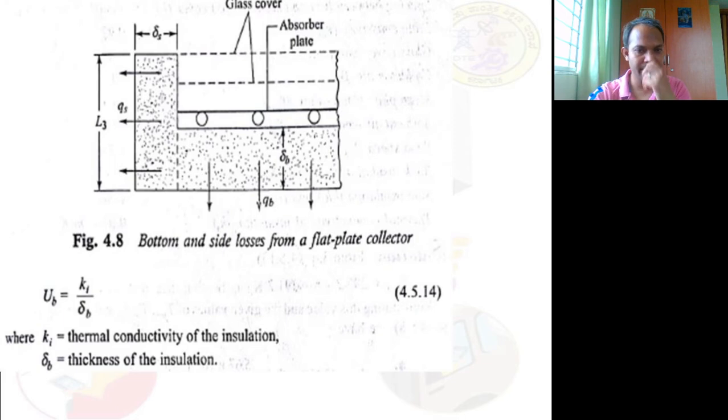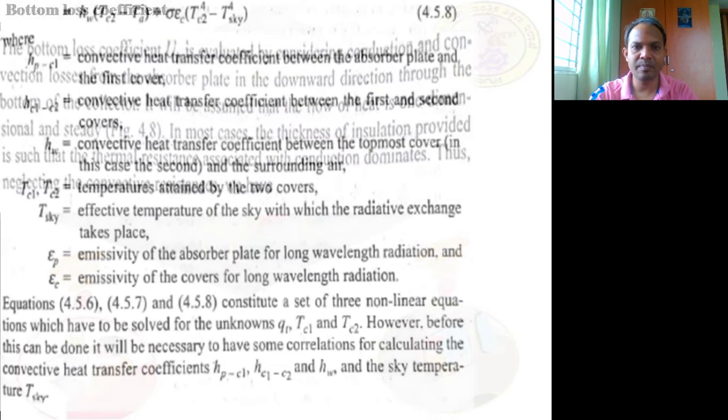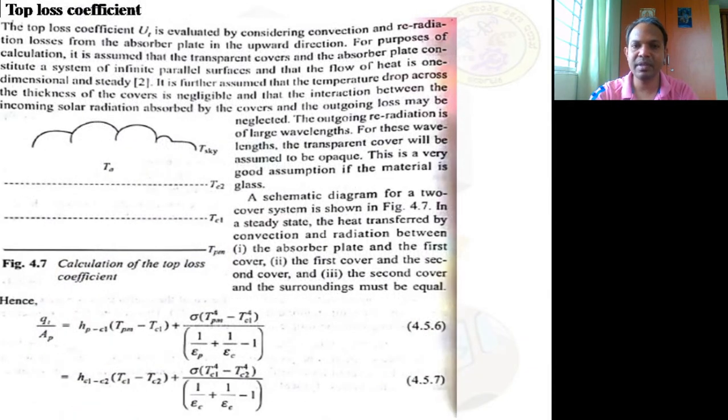Now, before I proceed, I have forgotten to tell you: you may ask me, sir, if there is only one covering shield, if there is only one plate, then what will be the expression? There should be a minimum of one, and a maximum it can go up to three. In case it is only one, then this second equation doesn't come into the picture at all, my dear.